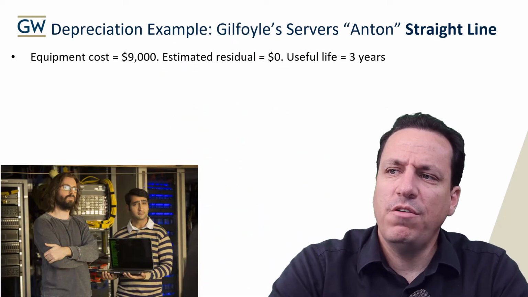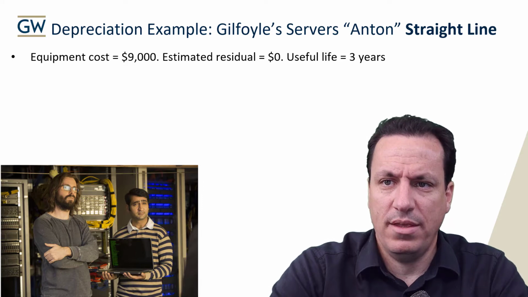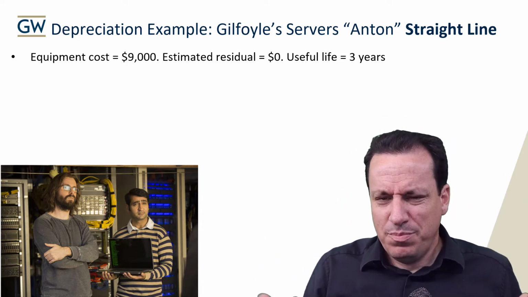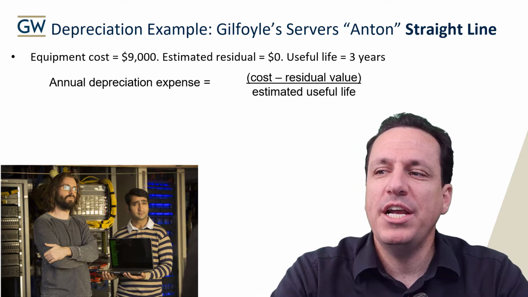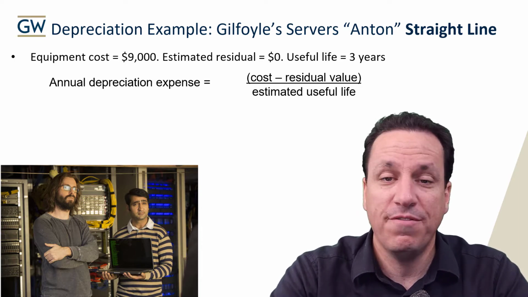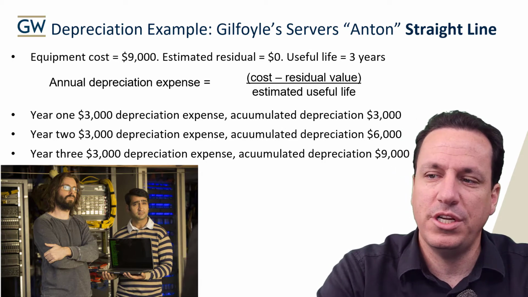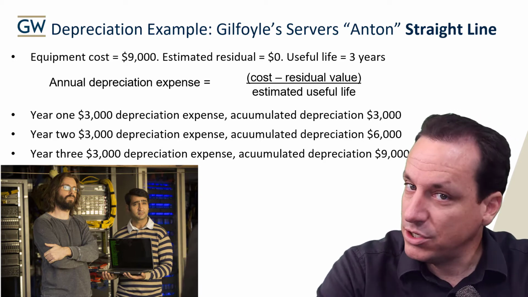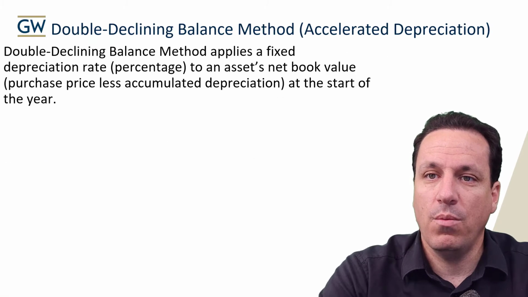So we'll go back to Guilfoyle's example that we used in the prior video, where we used the straight line method. There was equipment cost and we just did a peanut butter spread. This is basically saying, okay, how much do we use? Let's just spread it over the life of the asset. The annual depreciation expense is cost minus the residual value over the estimated useful life for straight line. And it was 3,000, 3,000, 3,000 each year for the depreciation expense, and accumulated depreciation built up an account of 3,000 plus the extra 3,000 until it was 9,000,